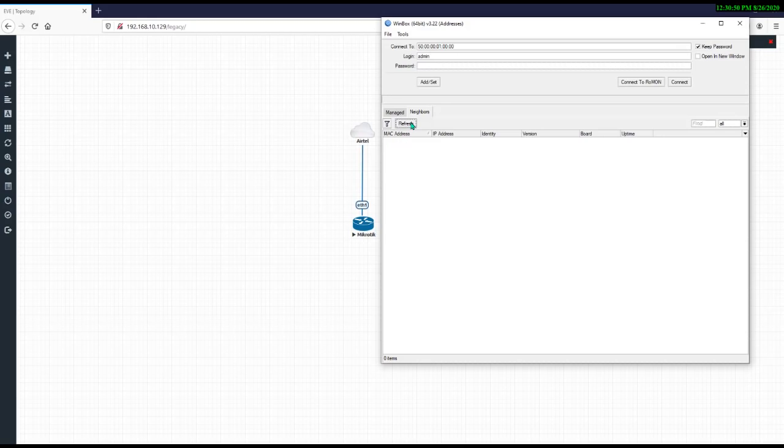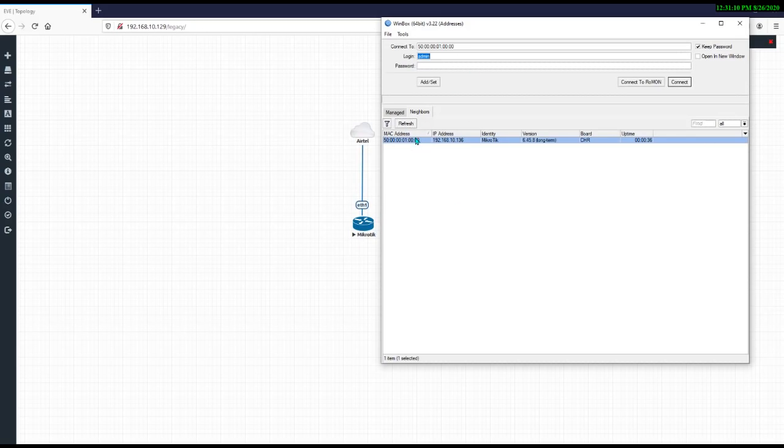It will sometimes take time, but yes, now you can see the MikroTik has started successfully, and with the refresh button you can refresh your Winbox.